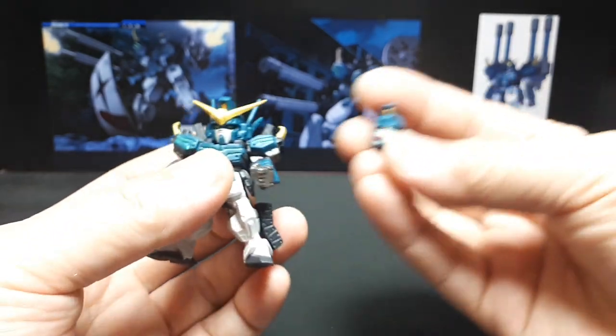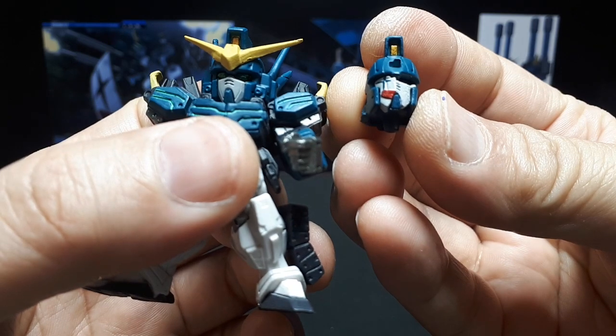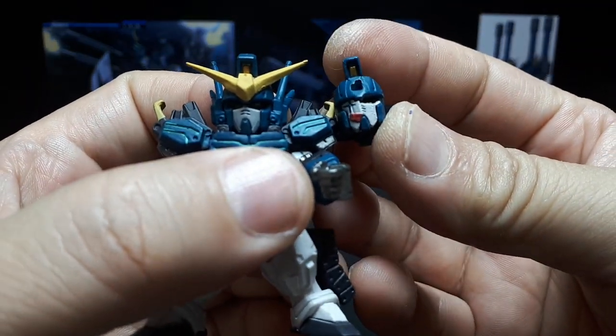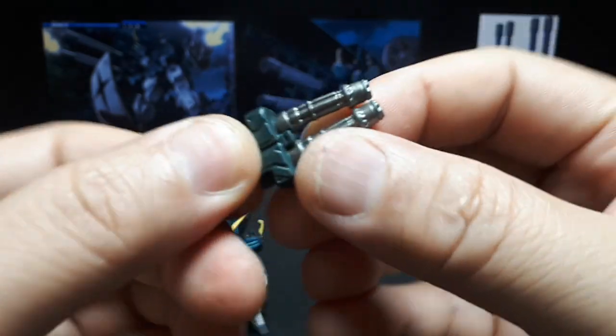Okay. Oh, what is going on? There's a second head. Oh, it's a battle damaged head. Again, I haven't seen it, but I'm gonna pose it with the normal head. But it's nice to see that option if you really love the...